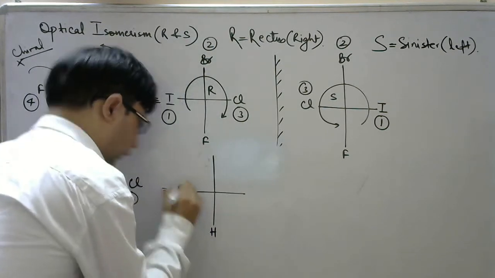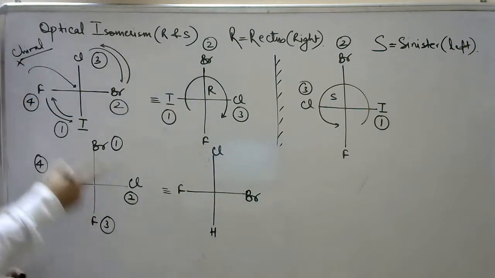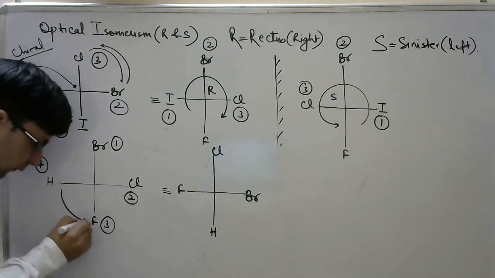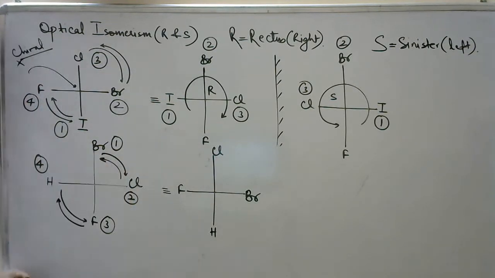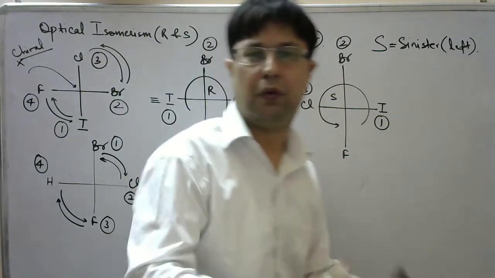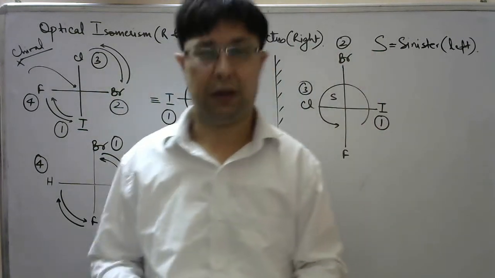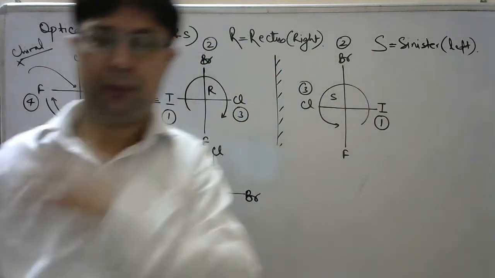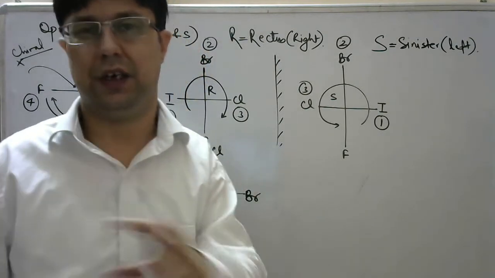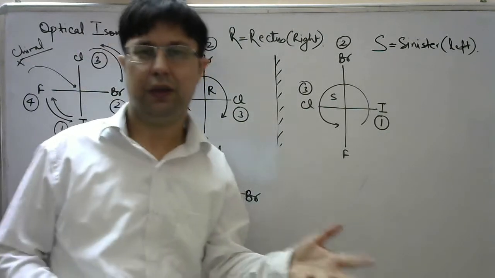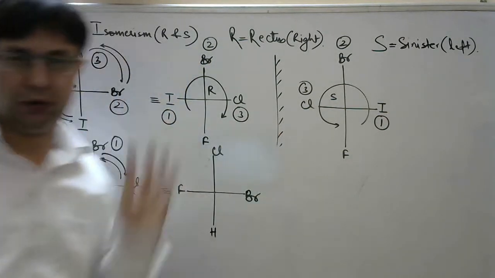Hydrogen, fluorine. This will be chlorine and this is bromine. I have done it in the same way as I did in the previous case. I have performed an even number of interchanges. Performing 2, 4, 6, 8 interchanges will retain the identity of the molecule, but if it undergoes an odd number of interchanges, it will give a different molecule, which will defeat our purpose. We are to determine the configuration of this molecule.